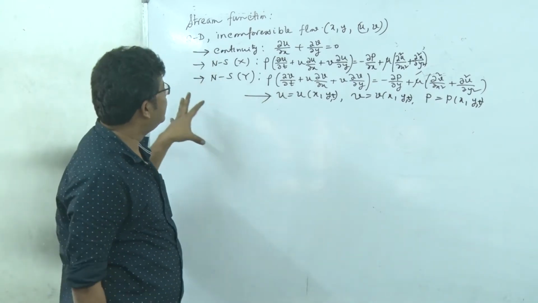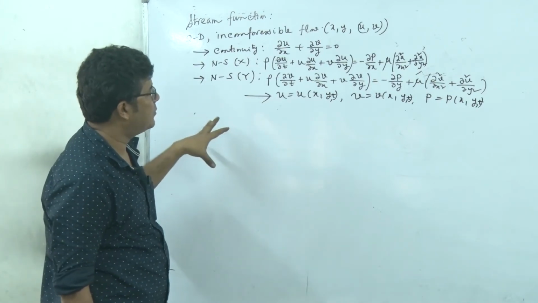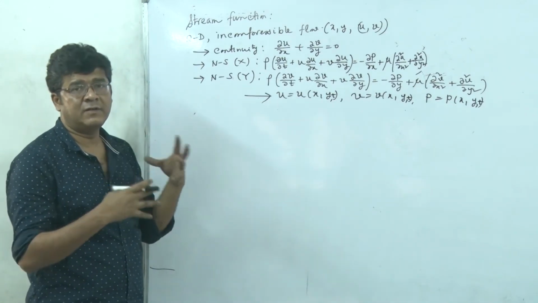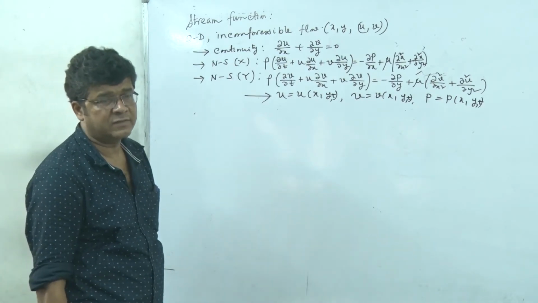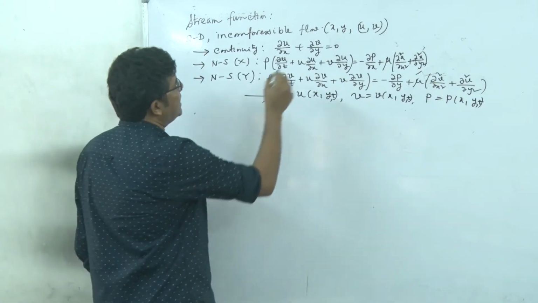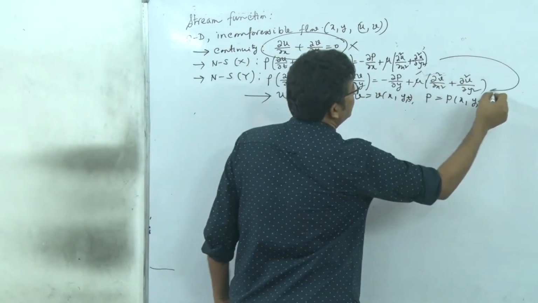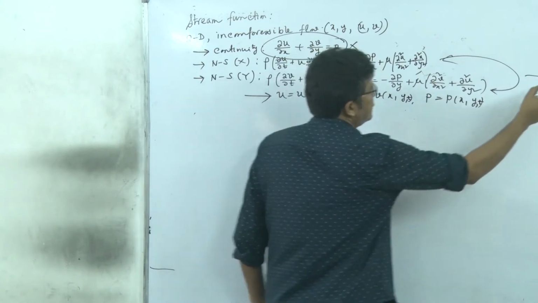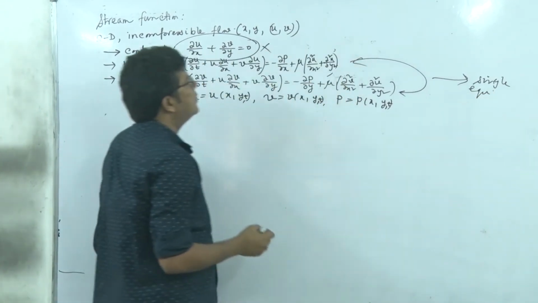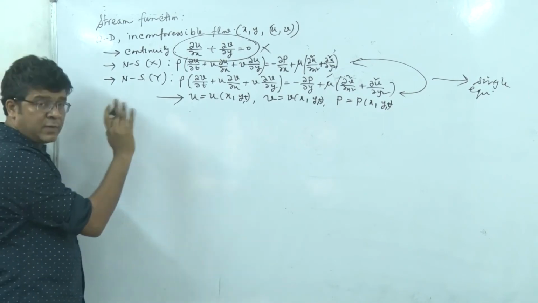So the stream function originally appears as a mathematical approach. But after that, once it was introduced, people found that there are a lot of other physical interpretations of that stream function. So what is the objective? The objective is we will introduce a certain single variable such that we can get rid of the continuity equation, and we will combine these two equations into a single one, by changing the variable. So continuity, in order to just drop this out, that was the objective.